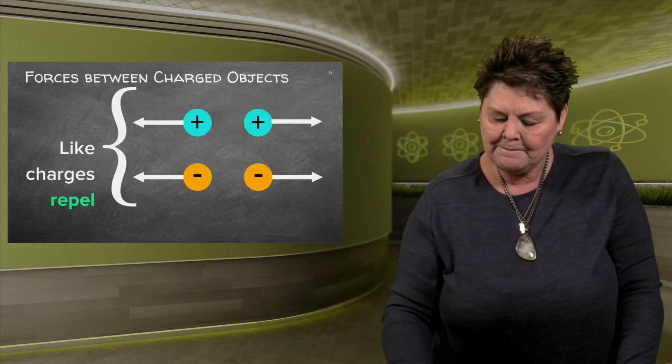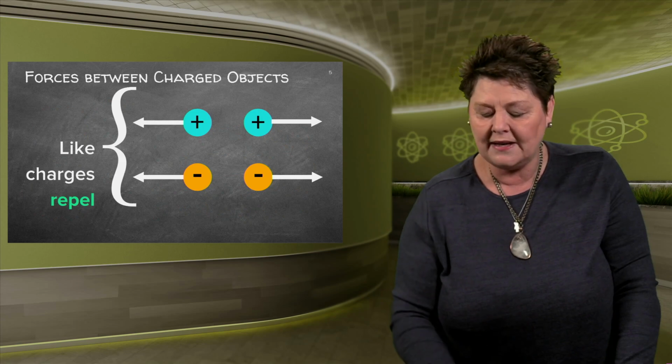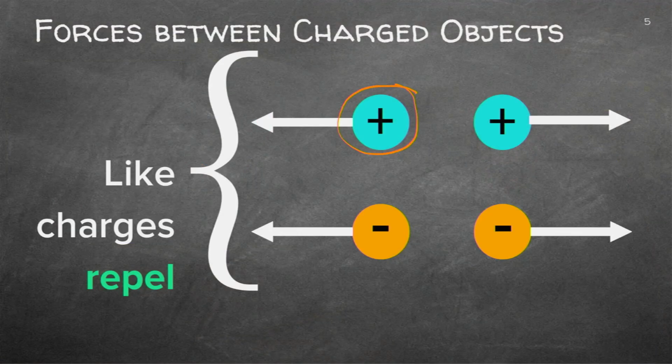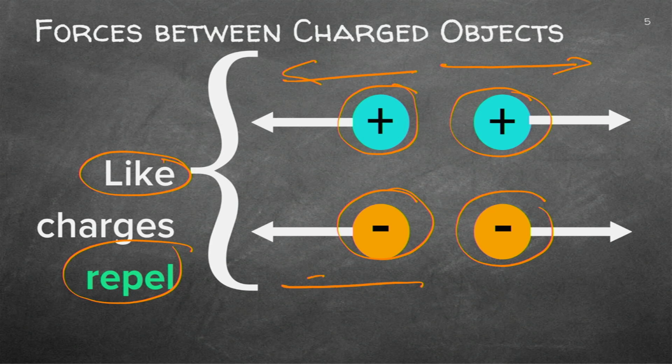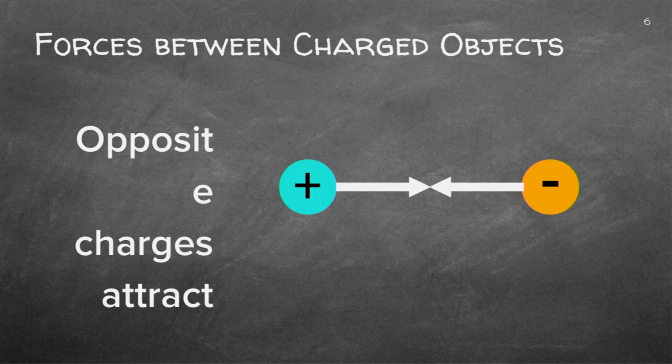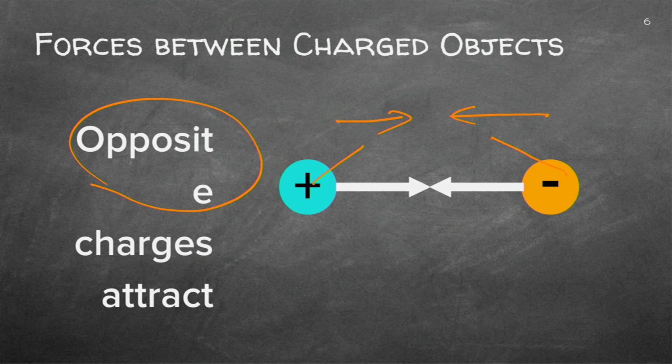When you do some calculations, all this information will be provided on your information sheet. Forces, we've done in grade 10: like forces, two positive charges will repel each other. They will move away from each other. Where the negative and the negative, also like charges, will also repel and move away from each other. On the other hand, when it's opposite charges, a plus and a minus, can you see they will attract each other? So they will actually move towards each other.